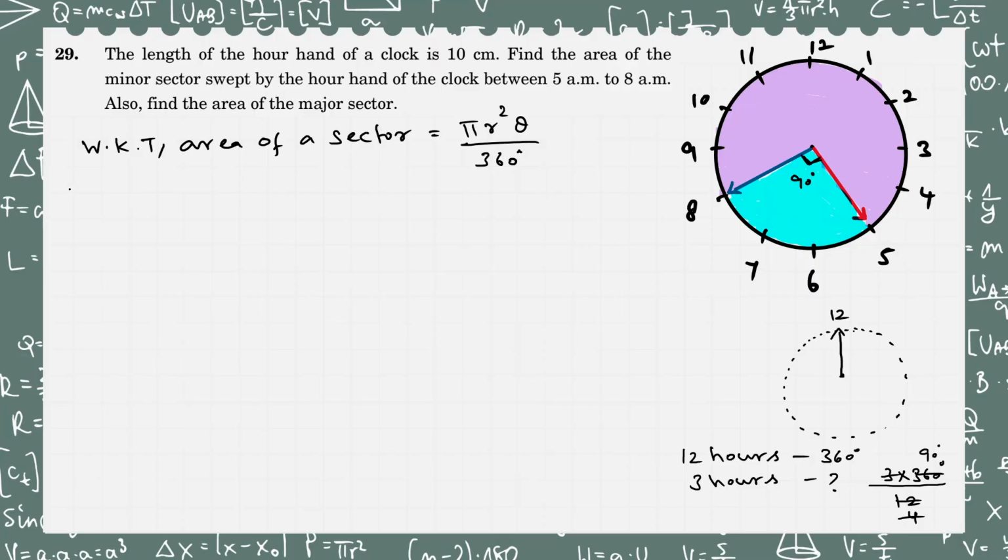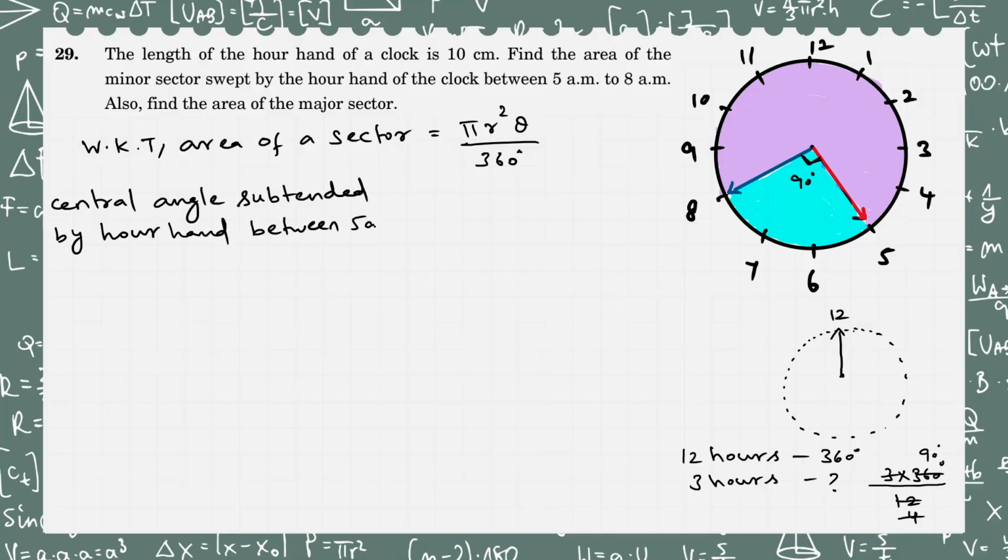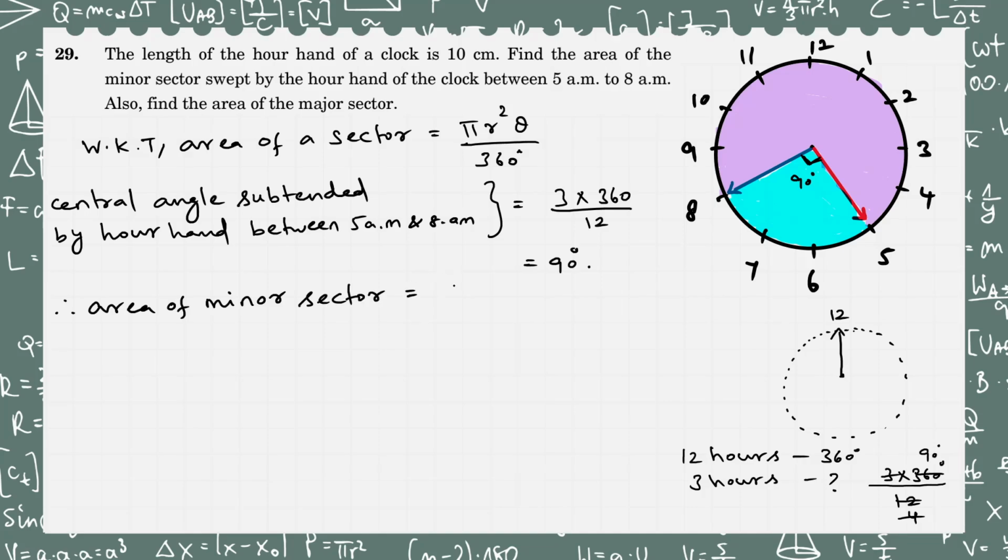This angle we have to write. Central angle subtended by the hour hand between 5 a.m. and 8 a.m. equals 3 into 360 by 12, which is equal to 90 degrees. Okay, therefore area of the minor sector equals